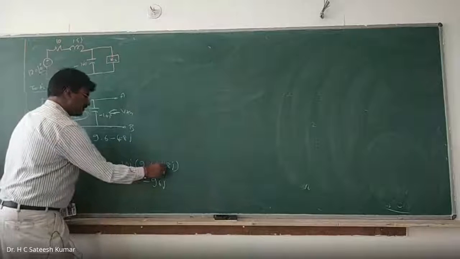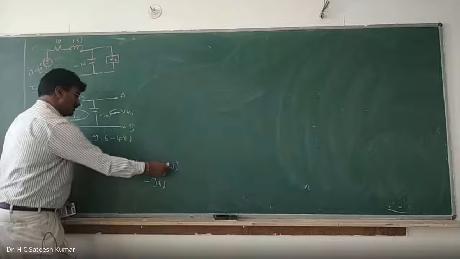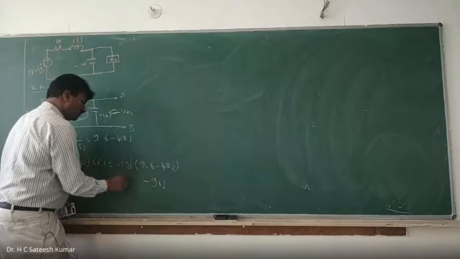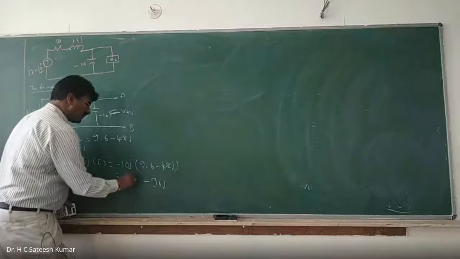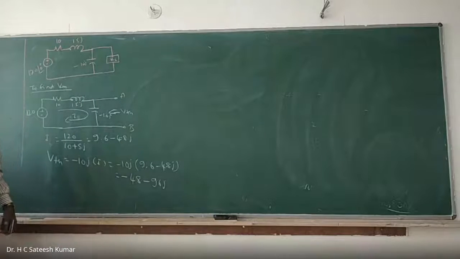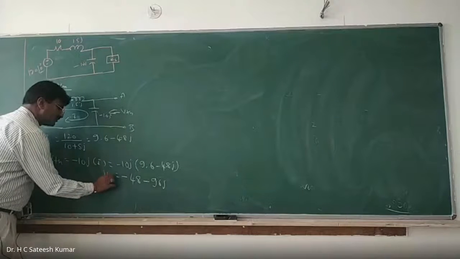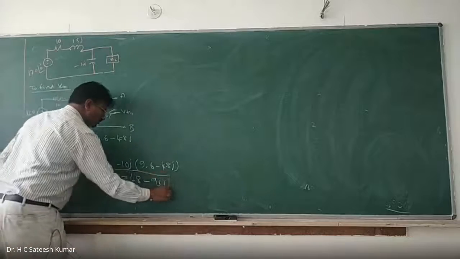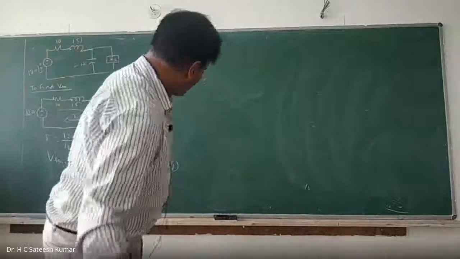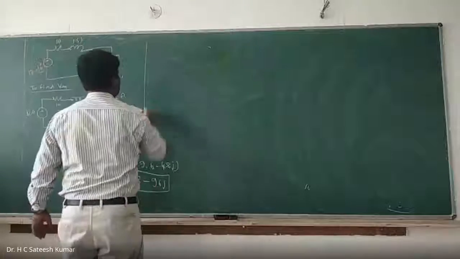And this is 4.8 now. J into J is J squared, minus 1, minus into minus plus, plus into minus is minus 48. Minus 48 minus 96J. Is that okay? So that is your VTH. You can do it in the calculator. It's not necessary that you should do it orally. Okay, right. If that is the case, VTH we got it. To find ZTH.